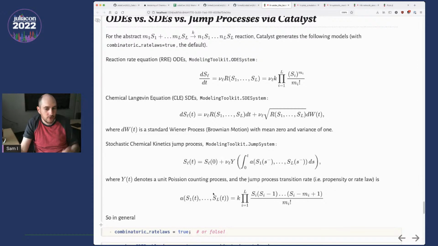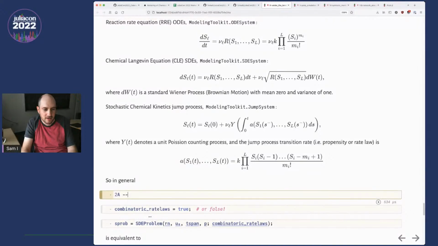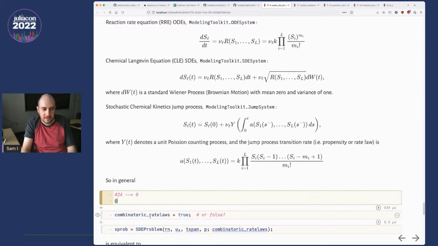And what Catalyst assumes is that your propensity function has the following form. It's k times the product of S_i minus 1, down to S_i minus the substrate coefficient plus 1, over m_i factorial. So maybe it's worth typing in. For example, if you had 2A goes to 0, I'll just write this as a comment, then for that rate law you would have k times A times (A minus 1) over 2. So that's what the rate law, or the probability per time that the reaction would occur in Catalyst, would be